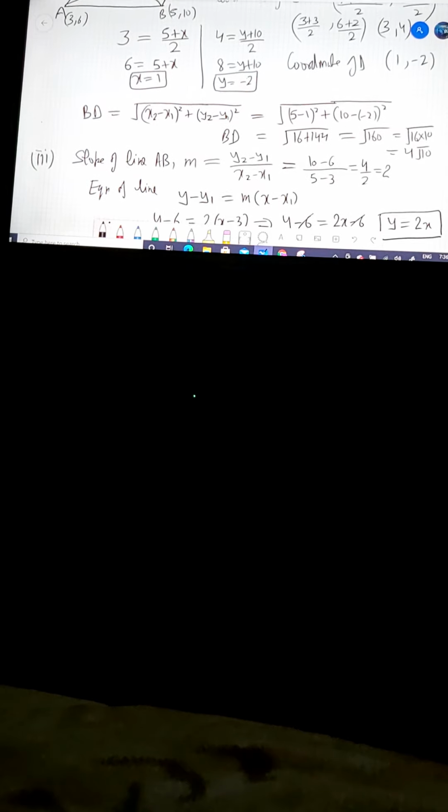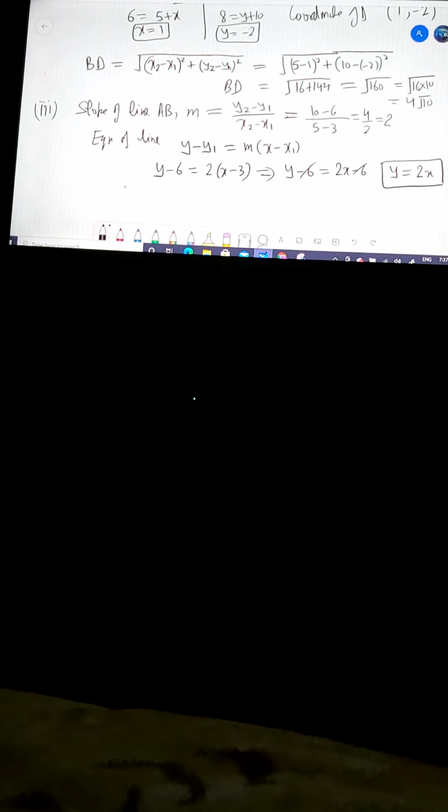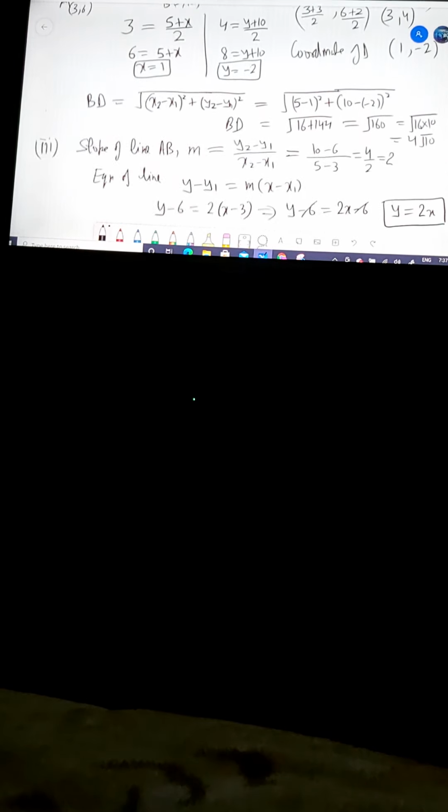Now, as I told you, we could have taken point B also to find the equation of line. So just for making the point clear, point B is given to us as (5, 10). So if I substitute in this, what will happen? It would be y minus 10 equals m, which is 2, into (x minus 5), and we will find that we will get the same equation, y minus 10 equals 2x minus 10. Now minus 10 cancel each other and we get y equals 2x.